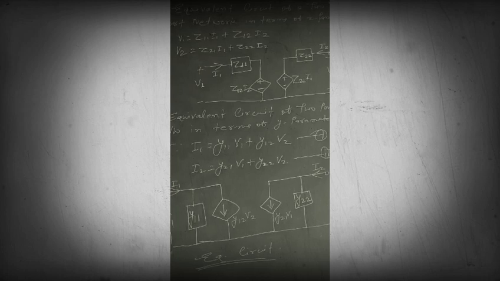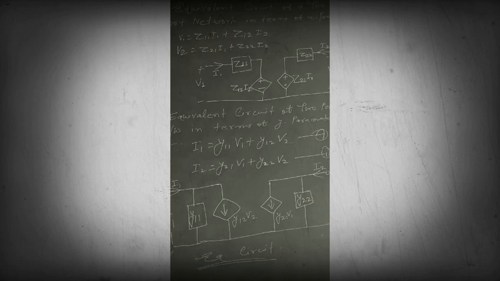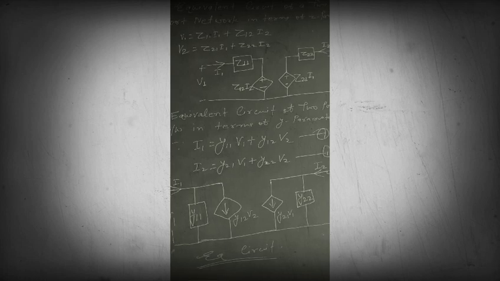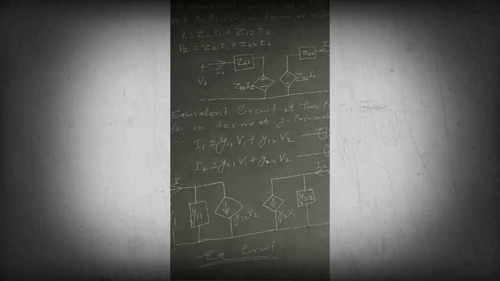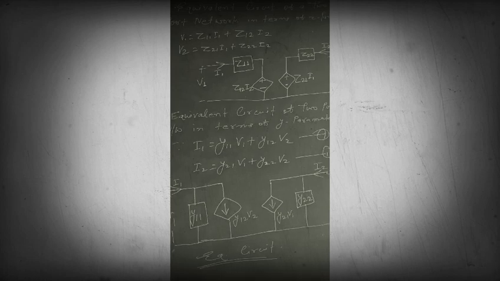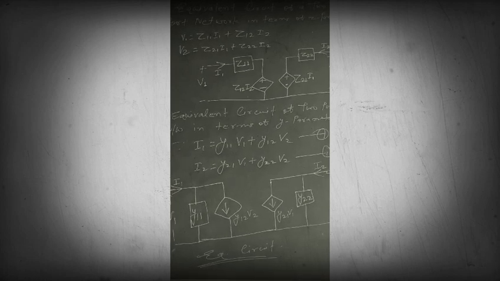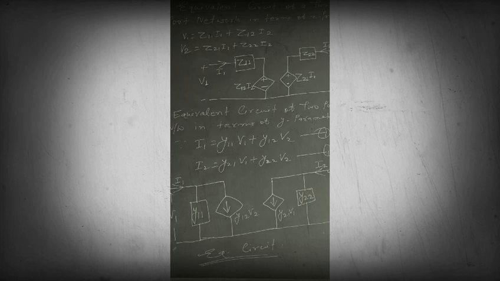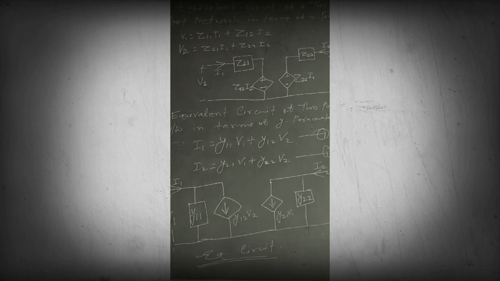Next we have another term, that is Z12 into I2. Now see, I2 is the current of port 2. So here when we have to represent the term Z12 into I2, here also we see that Z12 into I2 is a voltage. But since I2 current is not related to port 1, there is only one way that we'll have to represent Z12 into I2 in terms of dependent voltage source. That's why I have connected a dependent voltage source,